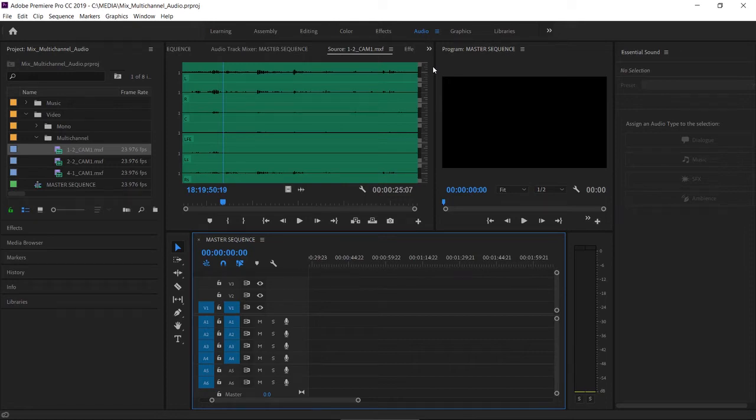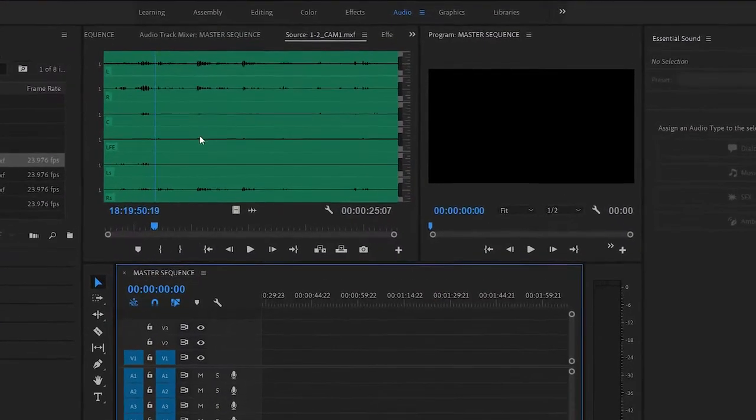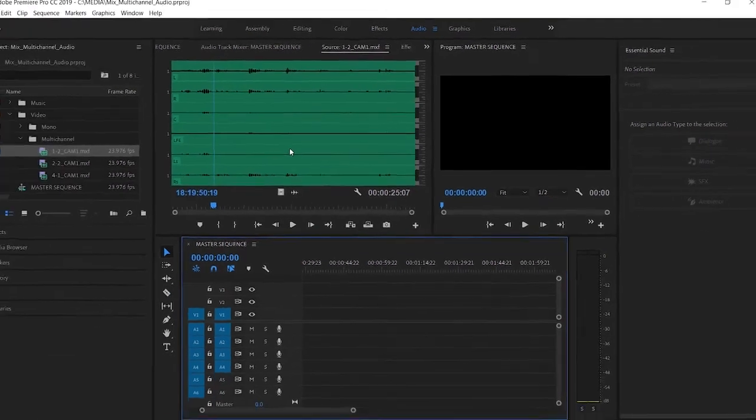Most audio files are mono or stereo, but many professional recording systems can record multiple channels, and it's common to have 4 or even 8 channels in a clip. This clip that I've opened up in the source monitor has 6 audio channels. Some of the channels are very low volume or perhaps even silent, and we definitely don't need them. And sometimes multiple microphones are used on location, and there's a preferred channel with the best audio, and that's the